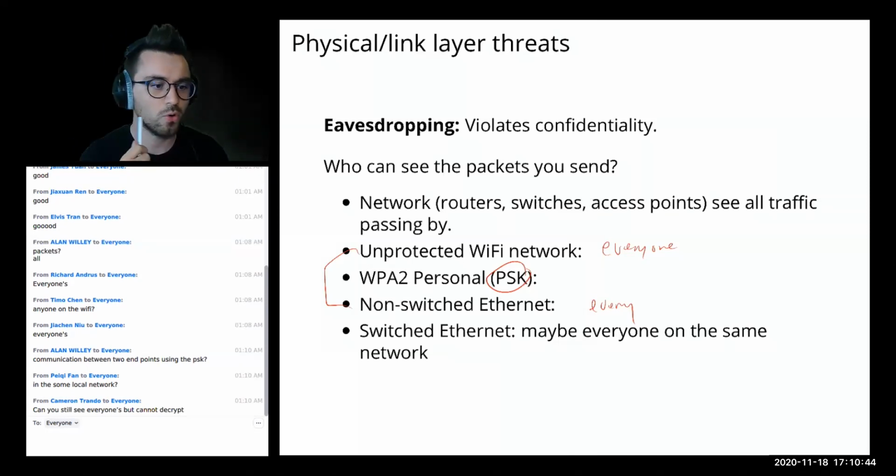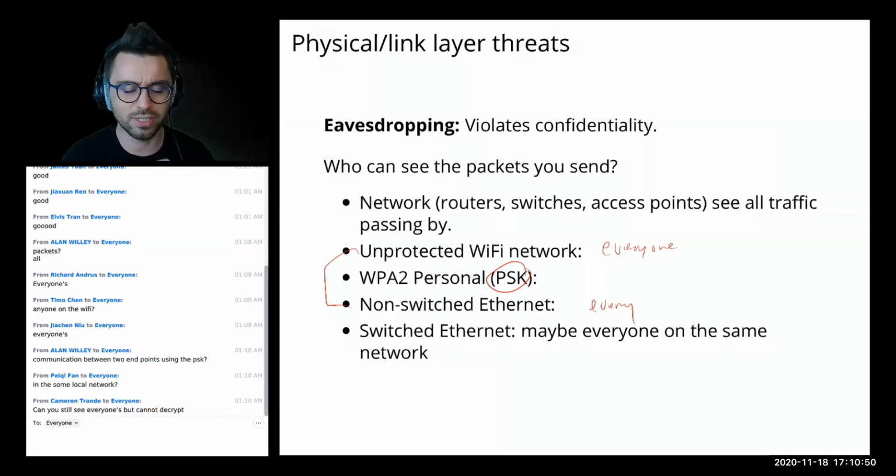Yeah, so this is a local network. This is like at home when you have Wi-Fi or even at UCSD, but at UCSD it's a little bit trickier because they're using something other than PSK. But like a home network, when you set up one of these routers, everybody gets the same shared key. So if you have this shared key, then you're connected to this network, then you can actually get at everyone else's data that's using this same key. So you can actually decrypt.